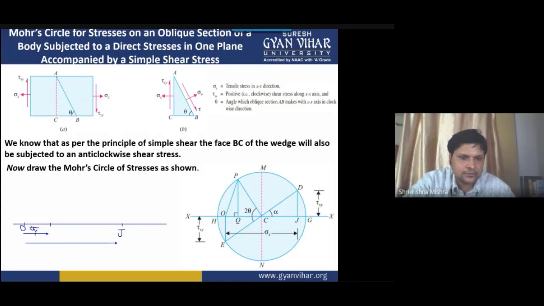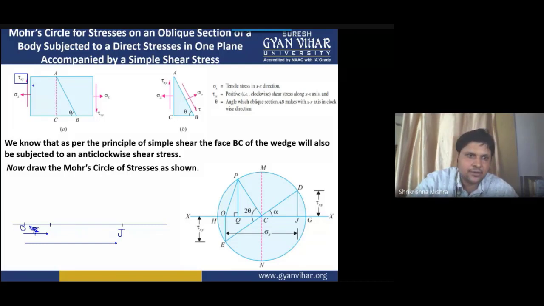All right, and if we are not considering sigma y, this is not needed here, students. Then in that case, what will we do? We will take a shear stress because shear stress is given to you. Shear stress along the x-axis means you can see this is the x-axis, and the nature of shear stress here is clockwise, and clockwise is taken as positive. So positive shear stress values are above the x-axis line which you have drawn. From this point, from this J point, you will take the value equal to the shear stress.